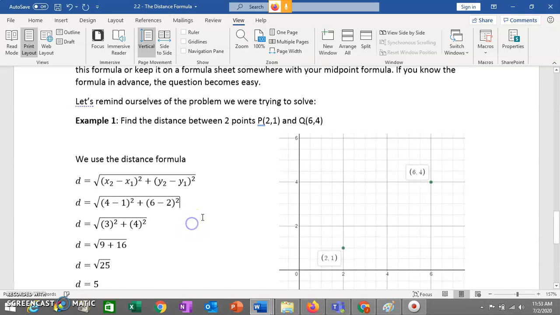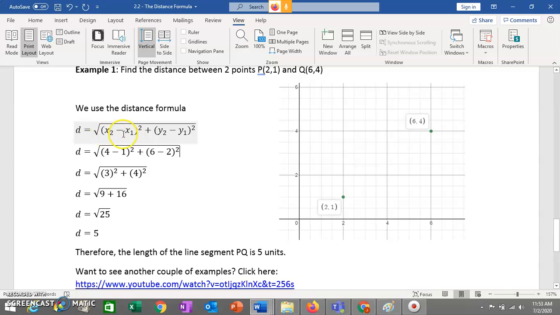We've got x2 minus x1 squared plus y2 minus y1 squared. I'm going to redo these numbers, which is not a bad idea. If I consider this x2 and y2, and this x1 and y1,